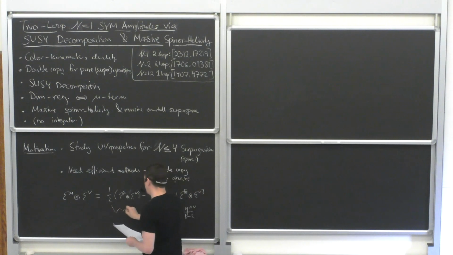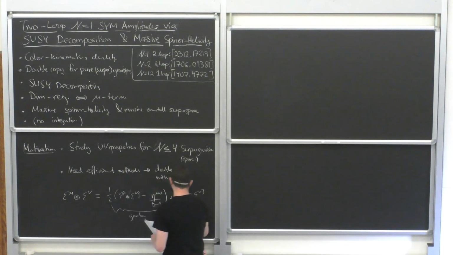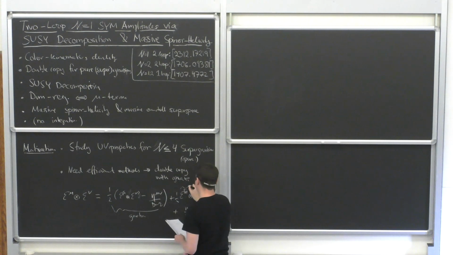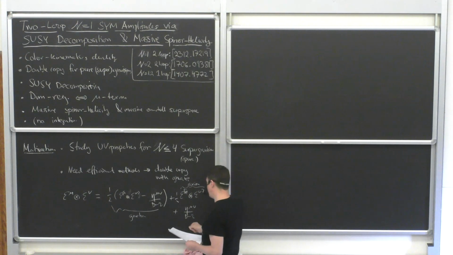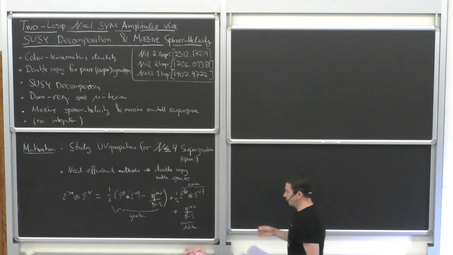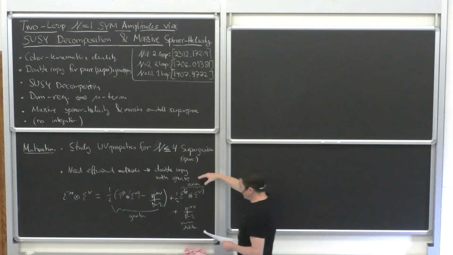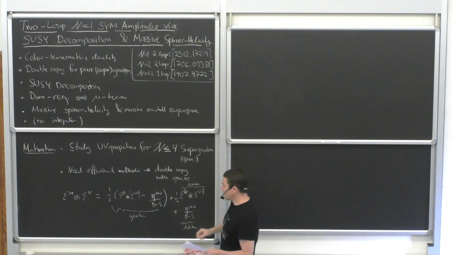And this we can identify as being the graviton. This is essentially, in 4 dimensions, we just call it the axion. In d dimensions, it would be some b mu nu tensor field. This here is the dilaton. So the problem is when you do double copies, typically you get polluted by these extra states.